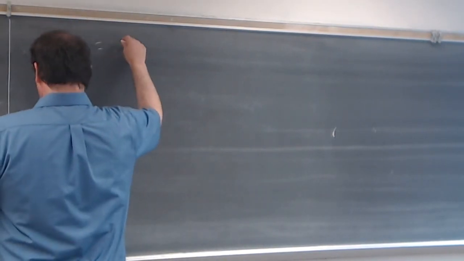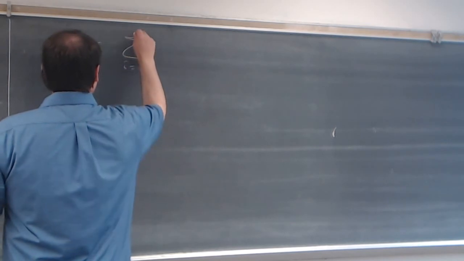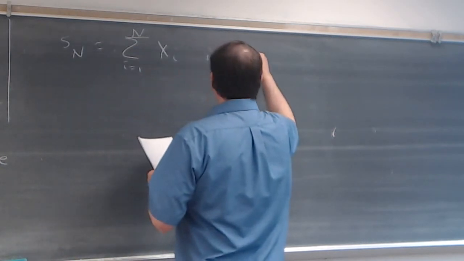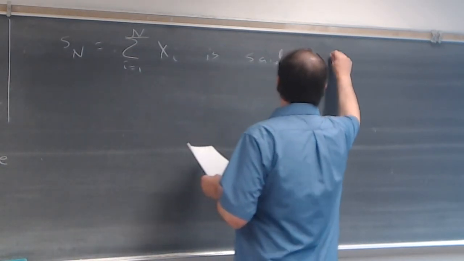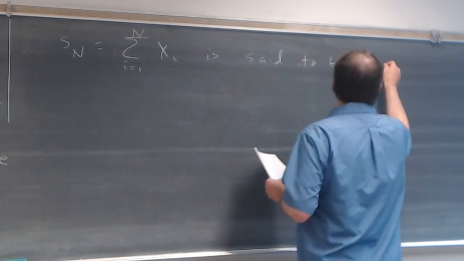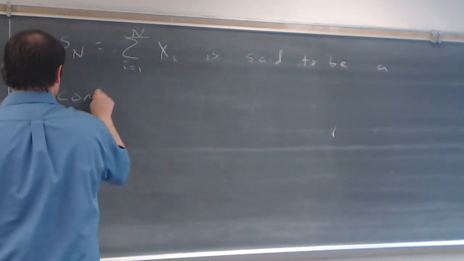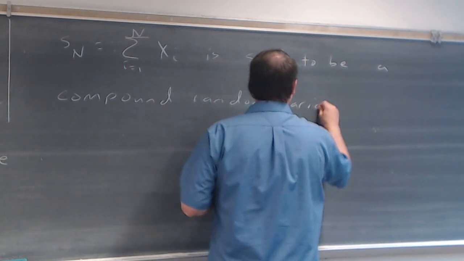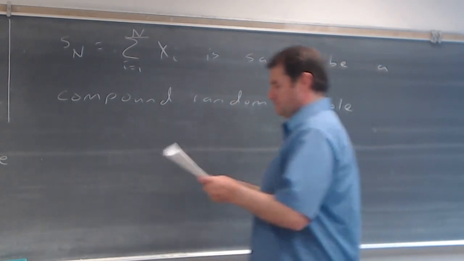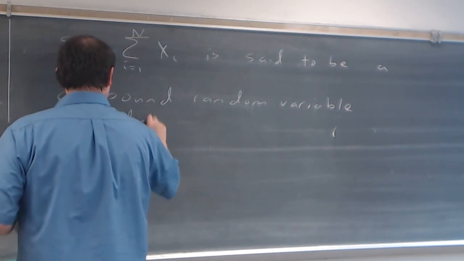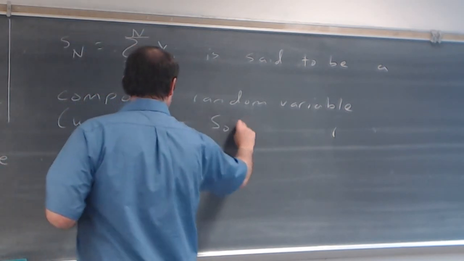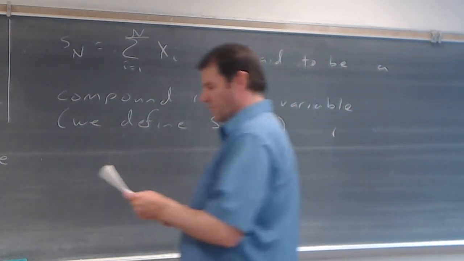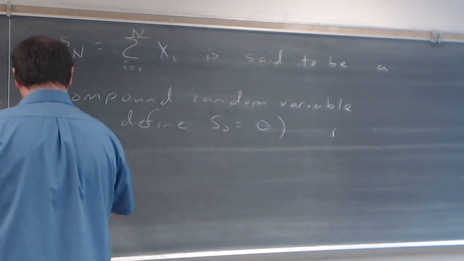S of big N equal to the sum as I runs from 1 to big N of x of I is said to be a compound random variable, and we do define S of 0 to be equal to 0, so we can talk about that. Now, that's something we had talked about before, and as a new definition,